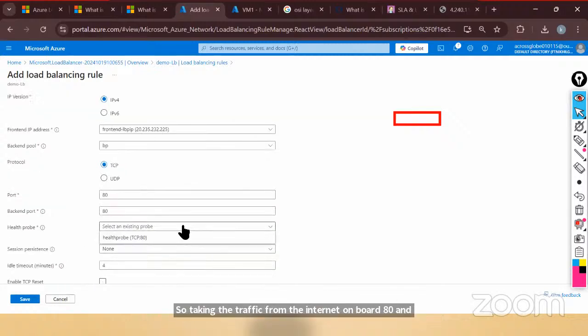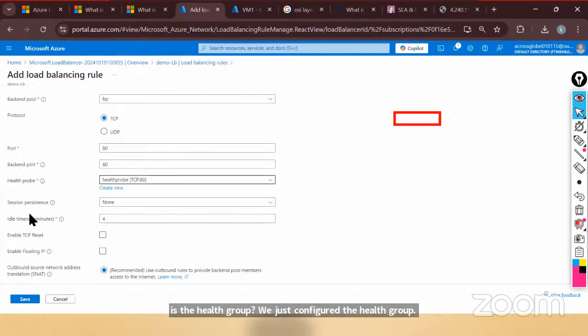What is the health probe? We just configured the health probe. Select that as well. Leave everything else as it is. Now session persistence, let me tell you that before that. Session persistence, right? So let's say